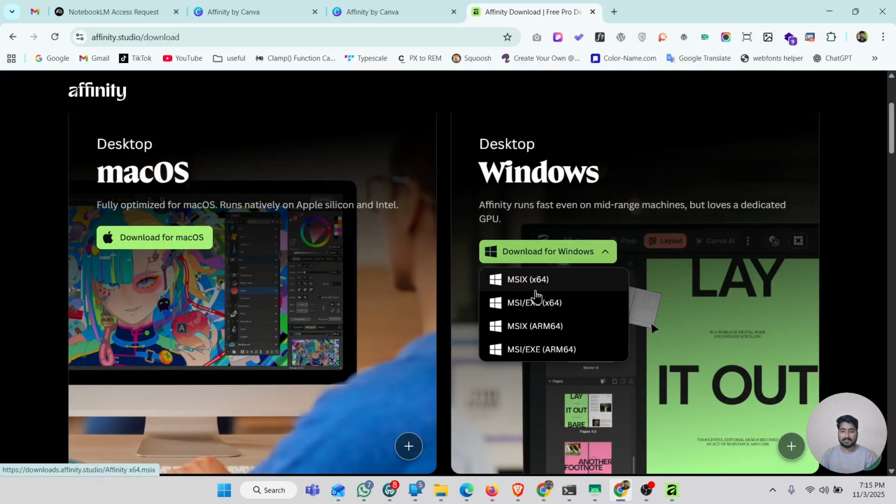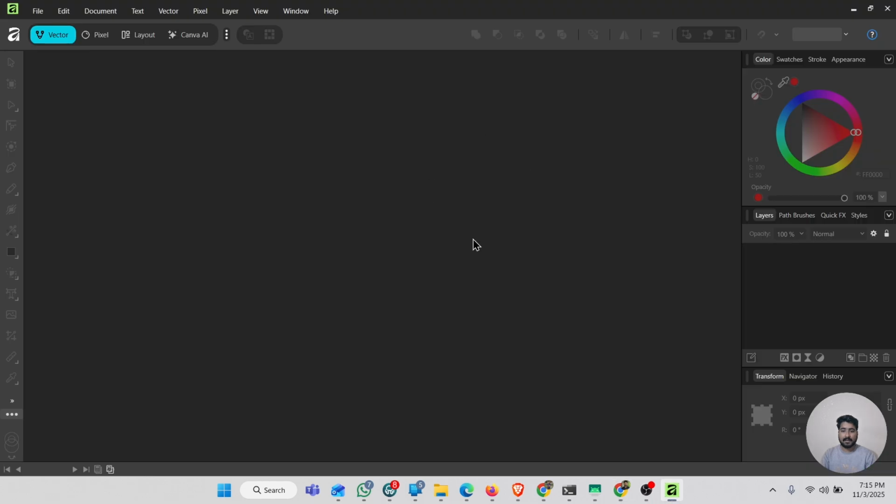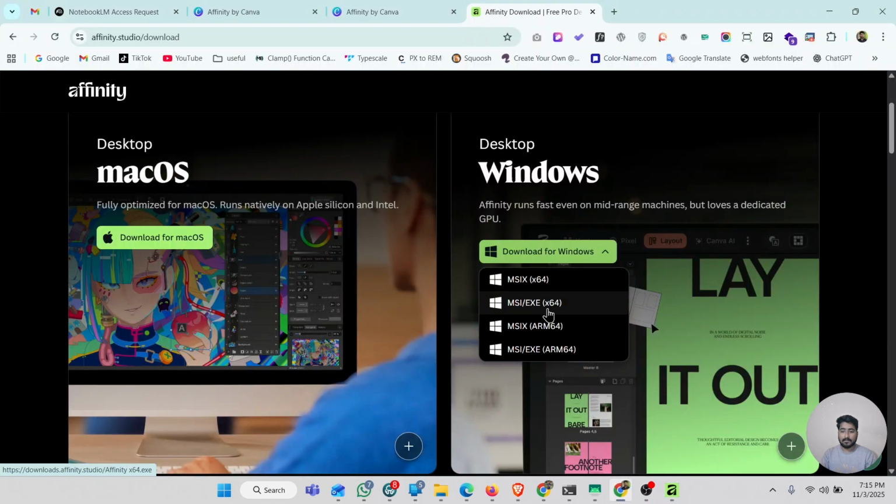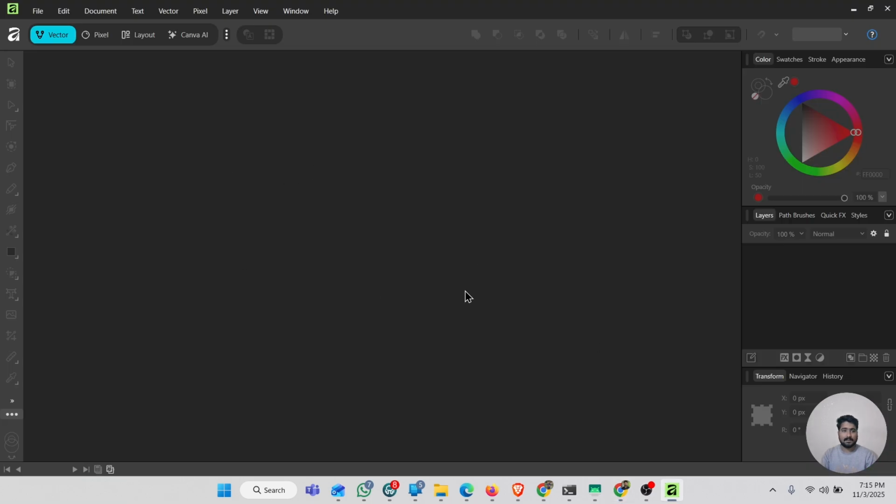One thing more I want to mention in this video, that is if this version is not working for you and it is giving you an error, for example, you install Affinity using this file, and Affinity opens and automatically closes without giving an error, then download this version and install. It will work. So I already tested both of these. This version was not working for me, then I installed this, and here you can see that it is working for me. So in this video, that's it.